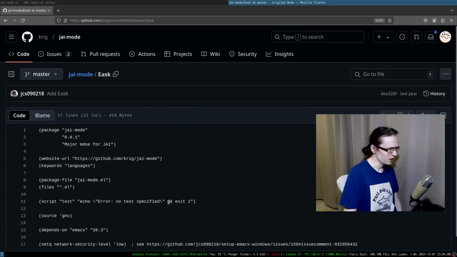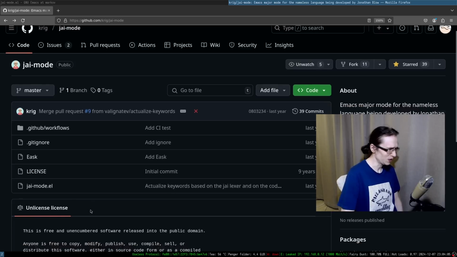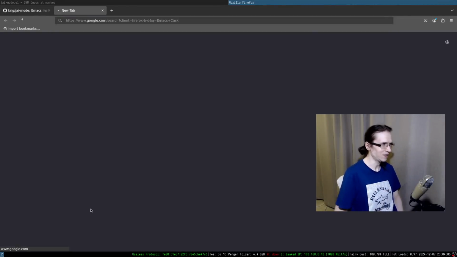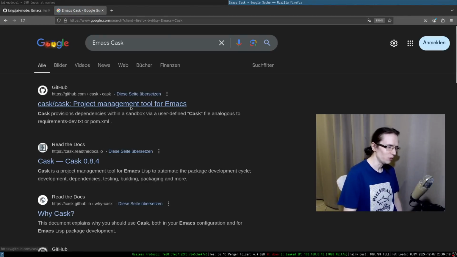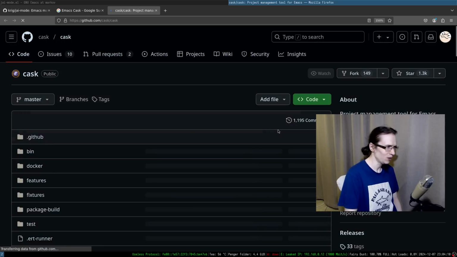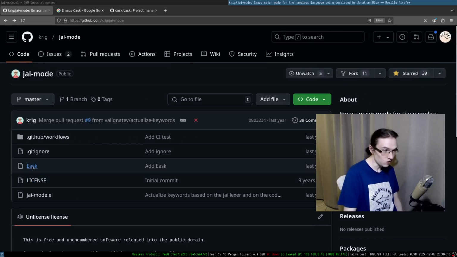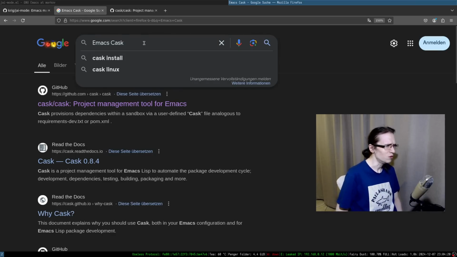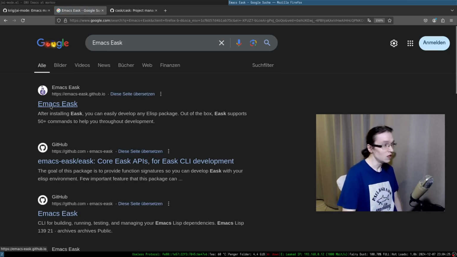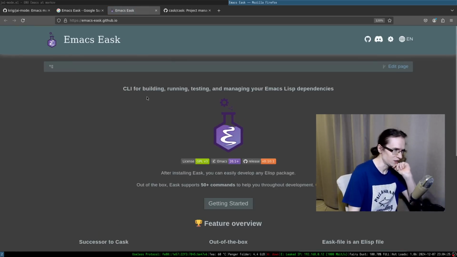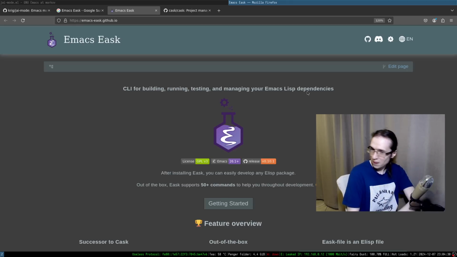Is that some sort of build system for Emacs packages that I'm not aware of? I know that there was an Emacs Cask, right? It's a project management tool for Emacs, completely unnecessary as usual. But this one is ISK. What is going on, bro? The Emacs ISK. Okay, don't freaking tell me that it's a replacement for Cask. So it's allowed for building, runtime testing, managing the freaking